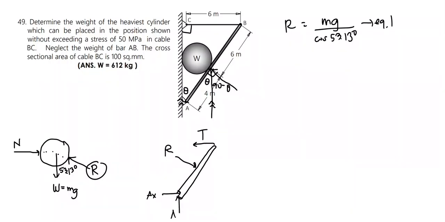So it exerts two forces along the horizontal and vertical directions. And R here has an angle of 53.13 degrees. And to solve for T without considering the forces at the pin support, we can take moment at point A,